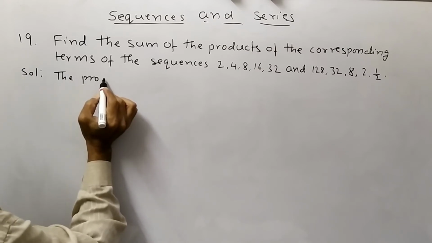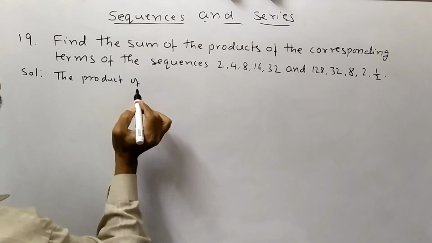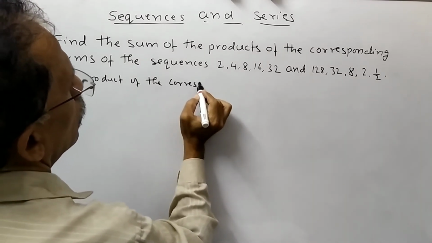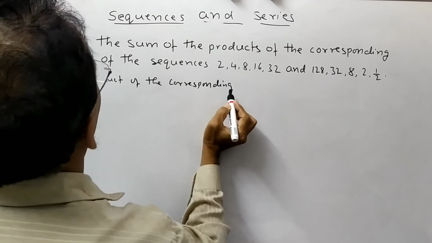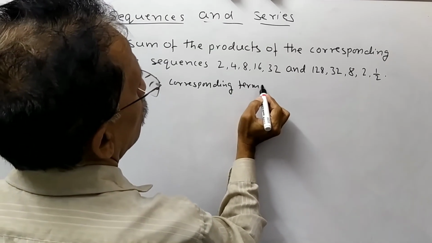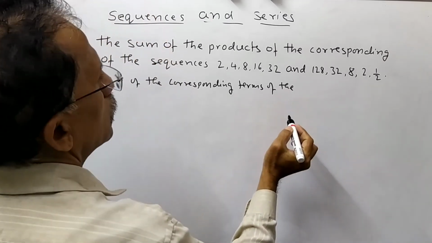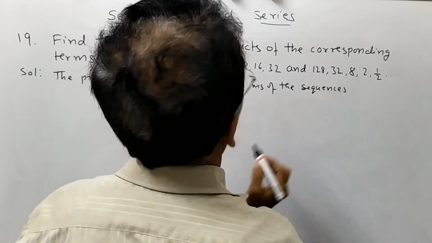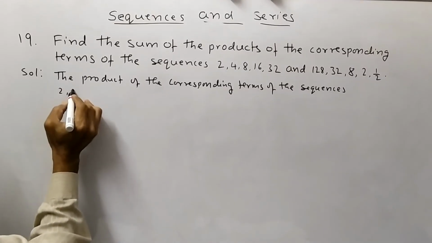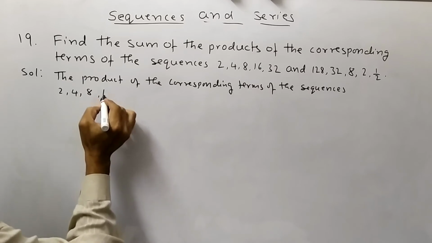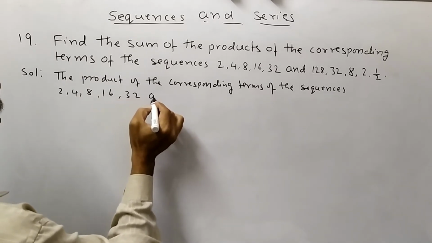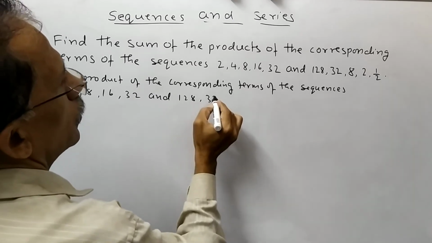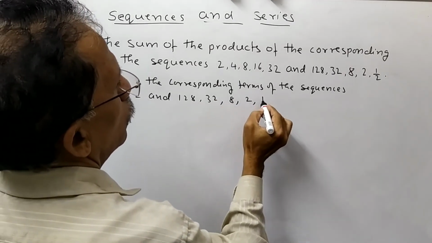The product of the corresponding terms of the sequences 2, 4, 8, 16, 32 and 128, 32, 8, 2, 1 by 2